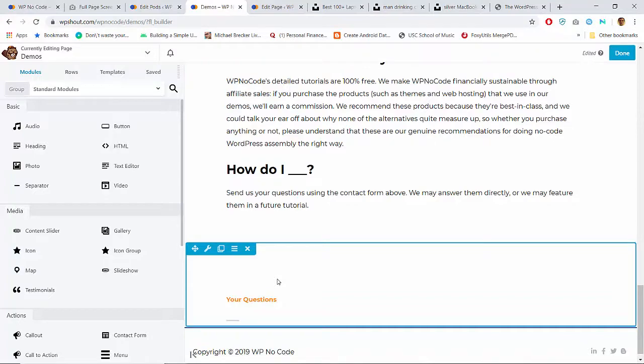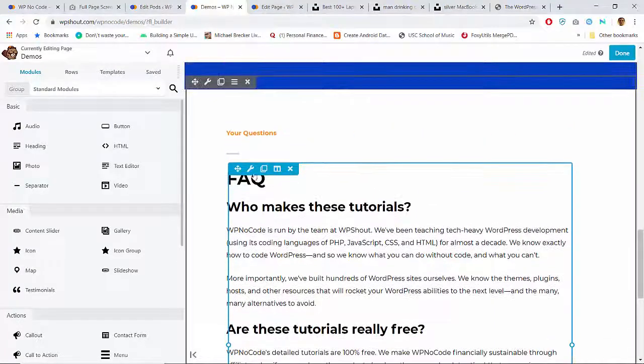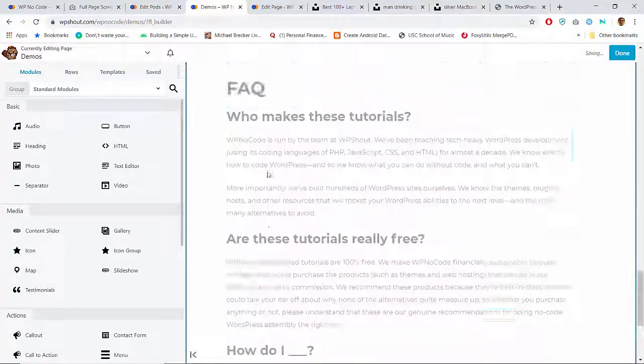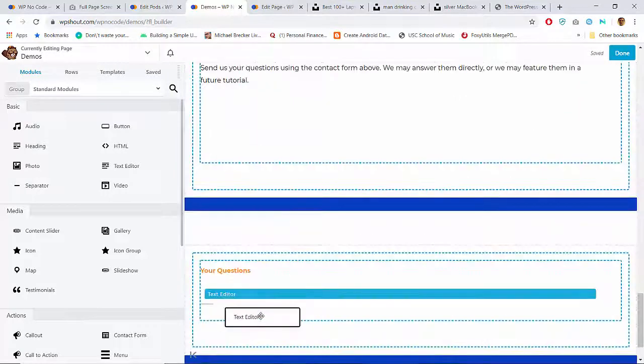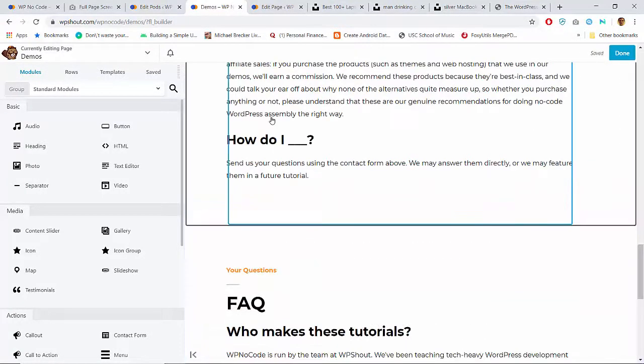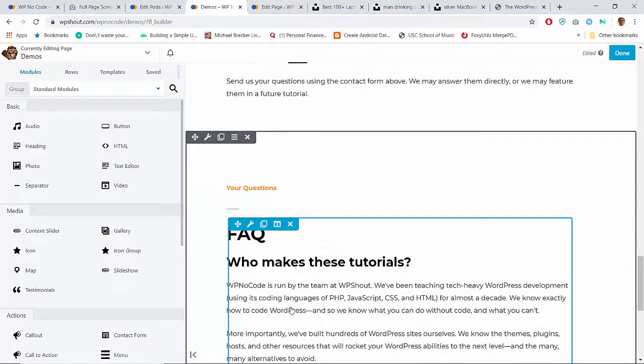Whoops, I didn't really mean to delete that. And Beaver Builder weirdly has no undo. So if you do something, you either need to exit out of Beaver Builder, or if you know how to fix it, like duplicate that element and put it back down here, then that's fine. All right, so